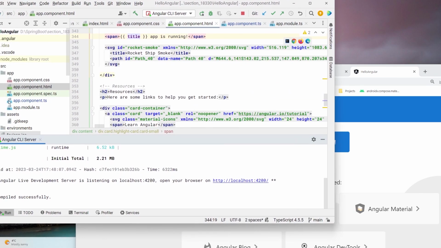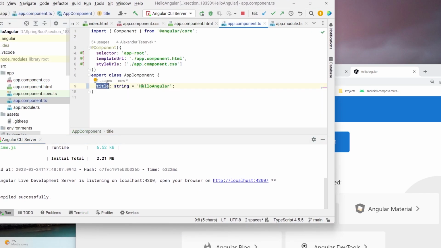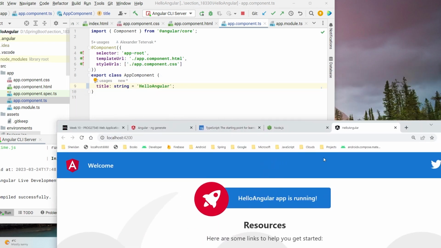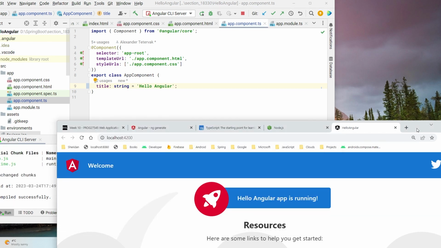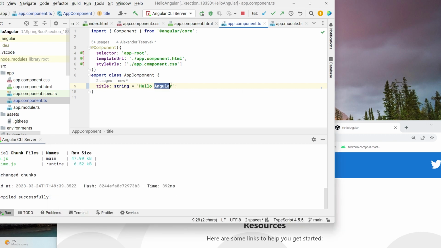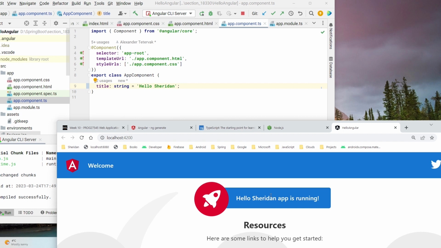So I'm opening app component CS, and in hello, you see it is hello Angular without space, right? Hello Angular without space. So let's add space here. You see it's added space between hello and Angular, right? Well, let's replace Angular with Sheridan. Replace it with Sheridan. So see, it remains linked,